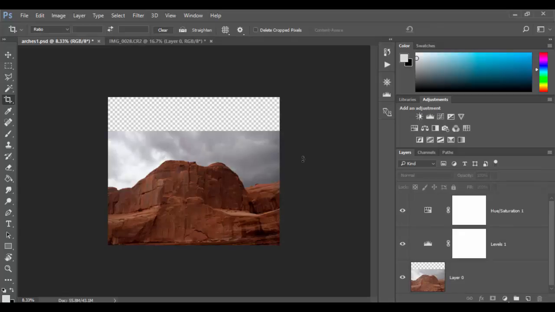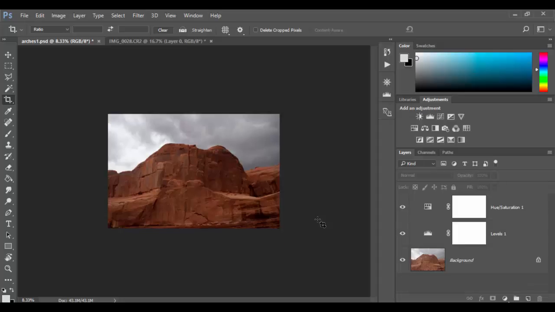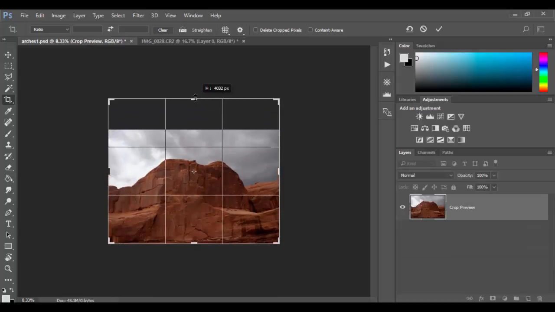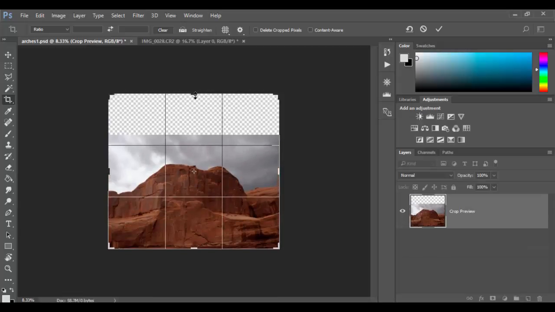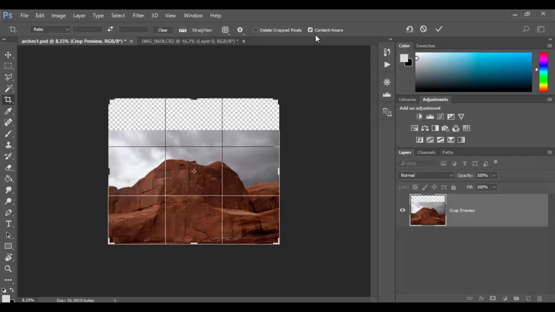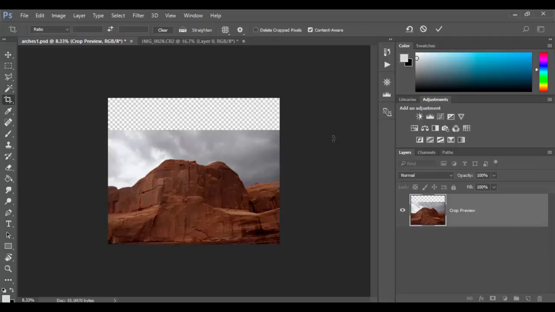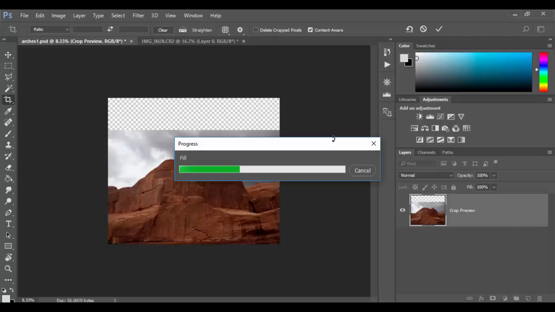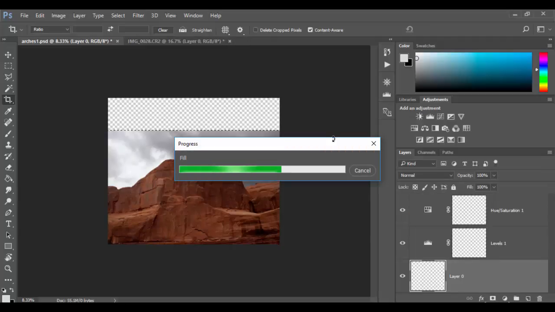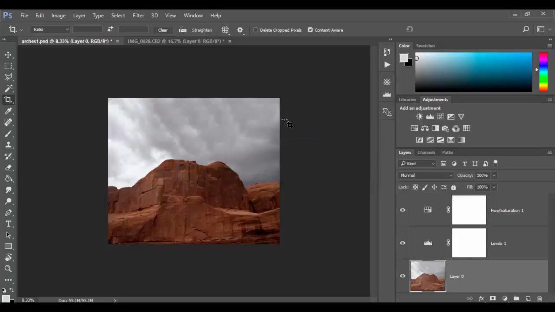And basically, Photoshop will determine how to crop the image. I didn't like how it worked that time. Let me undo that real quick. The reason why it might have been is I didn't have the actual photo selected. So let me select the photo again and click in here, and let's repeat that action one more time and make sure I have content aware checked, and then hit enter or return. And now it's working. So you have this calculation, you have the fill option happening, and just like that, Photoshop